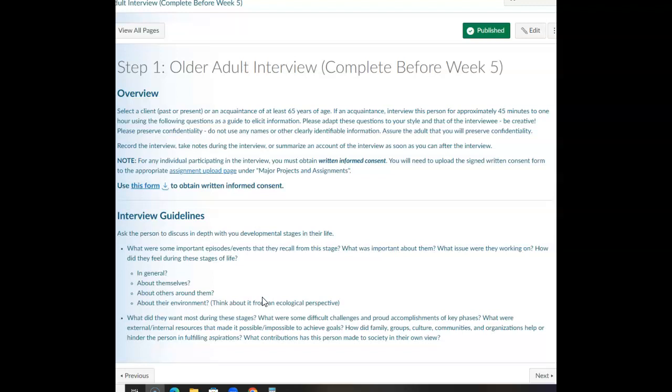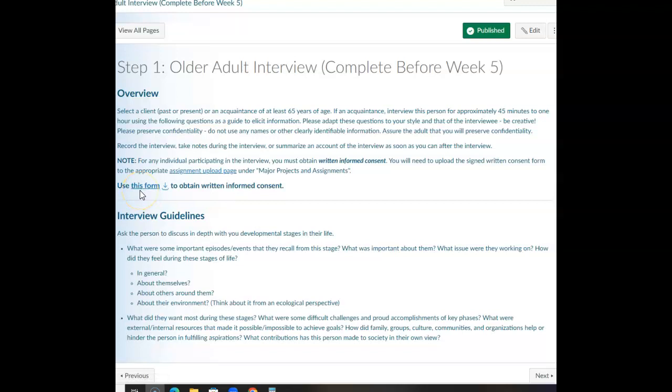So maybe it's adolescence, maybe it's their early childhood, maybe it's their early adulthood or middle age, whatever it may be. And you're going to ask them these questions, okay? Really, you need to complete the actual interview before week 5. If you click on here, it's going to take you to the actual consent form. The consent form must be signed by the individual, and it must be